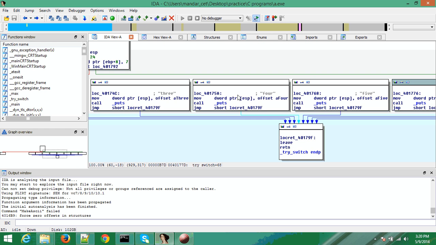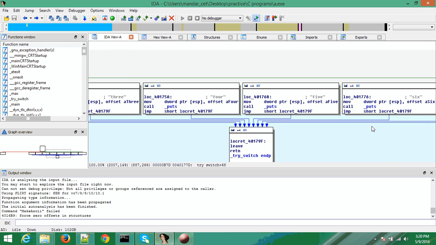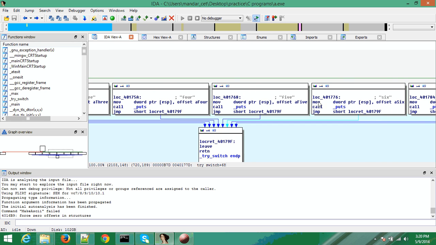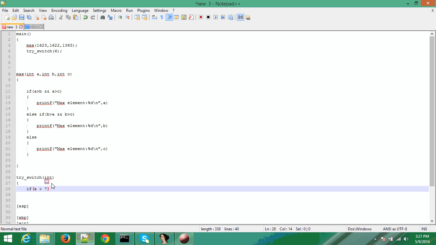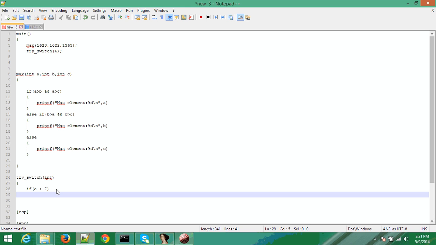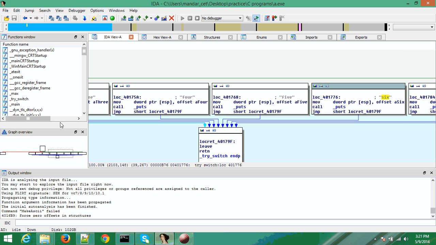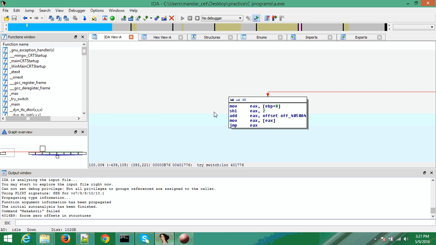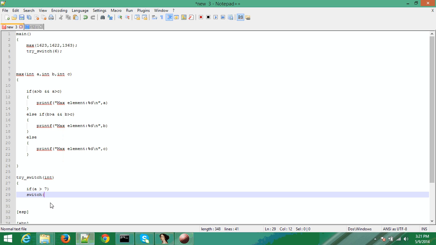And the reason I say that is because if you look at the value, it seems like a simple case statement that's just checking and jumping. So basically, if it's receiving an integer, it seems like it's checking if a is greater than 7. If it isn't, then it's basically doing a switch statement. Those sets of instructions that you saw over here usually indicate that this is a switch statement. So in this case, as we were saying, this is going to be switch A,